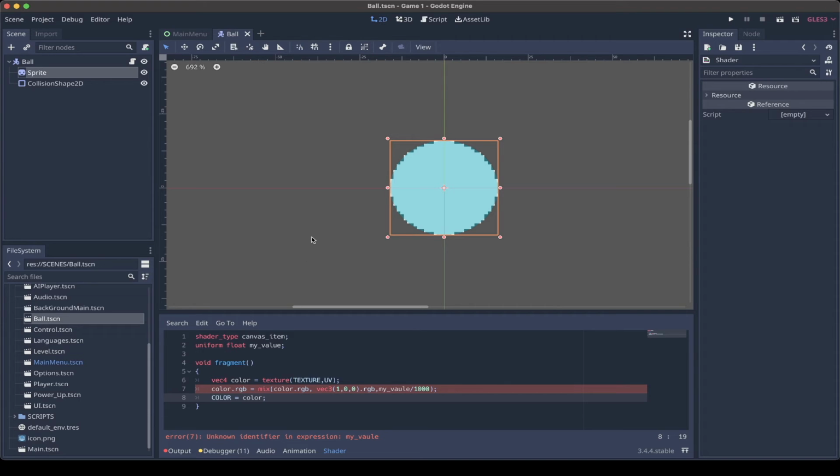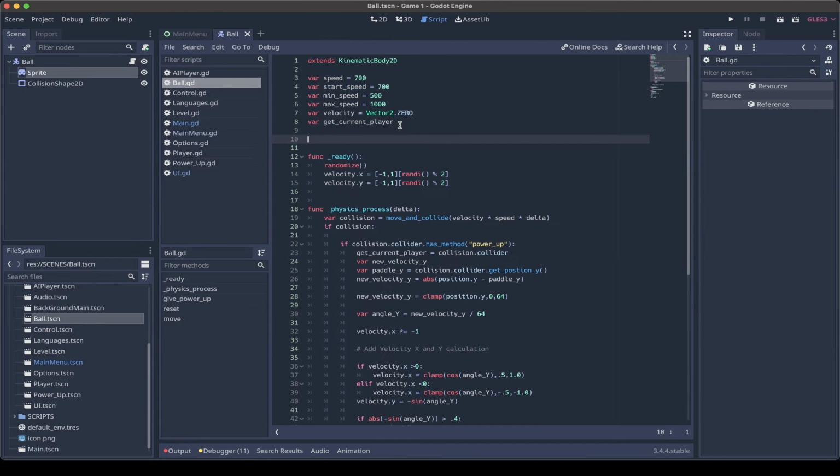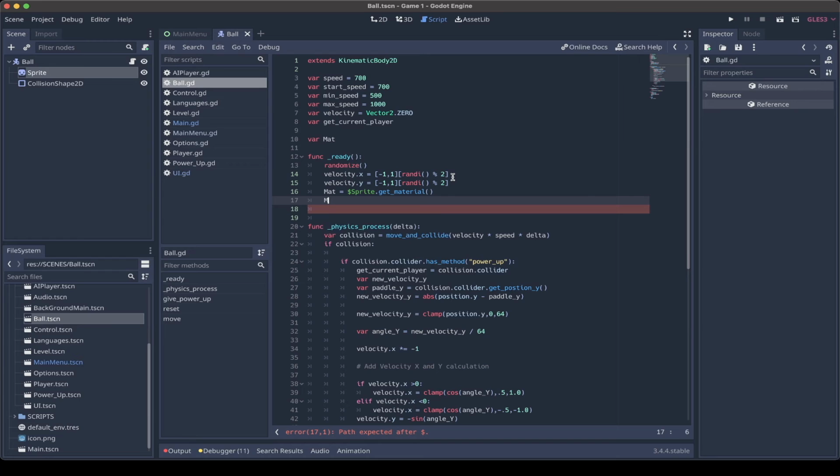And now we need to go back to the ball script here. We're going to add a new variable here called var mat. In the ready function, we're going to set mat equal to sprite, and then we're going to get material. There we go. And then we're going to say mat.set_shader_parameter, and we're going to type in my value,